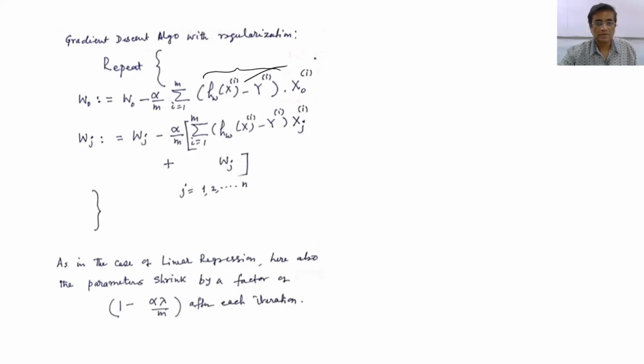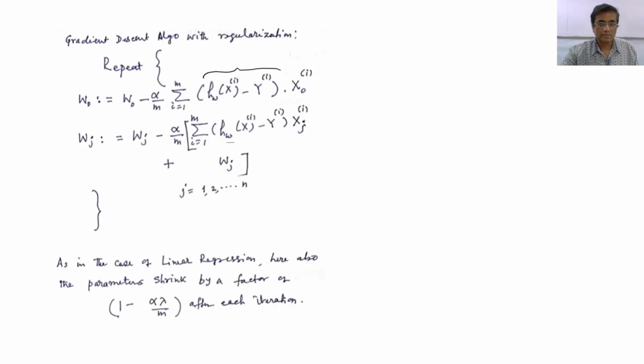So you know this logistic regression cost function. Because we are not normally regularizing the first parameter W0, which is attached to a fictitious feature x0, we update this parameter separately. All other parameters are updated like this: wj is assigned wj earlier minus alpha by m times the derivative of the cost function